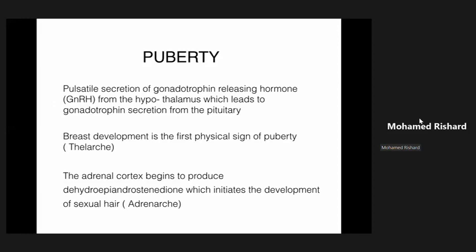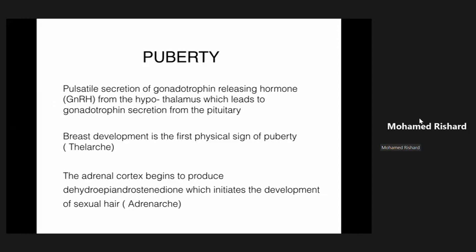We know the reason: in the hypothalamus, pulsatile secretion of the gonadotrophin releasing hormone, GnRH, is the initiator. Initially it secretes in a frequently pulsatile fashion, and the pulsatile secretion of GnRH will influence the pituitary gland. From the pituitary, FSH and LH will be secreted, and these in return will help to produce estrogen and progesterone